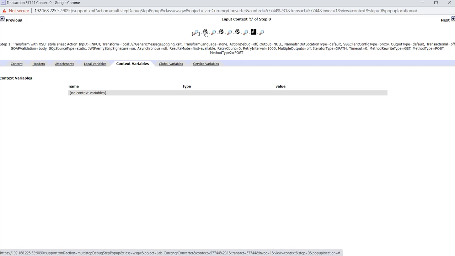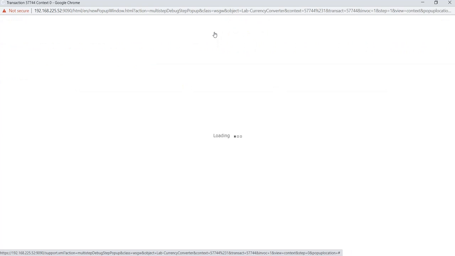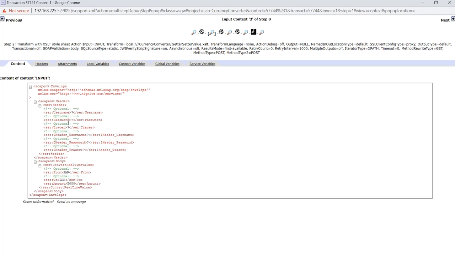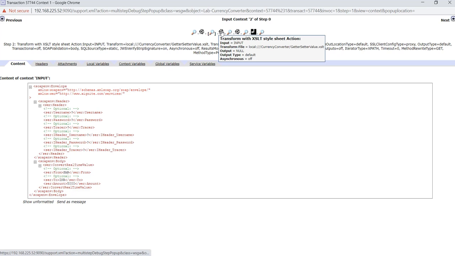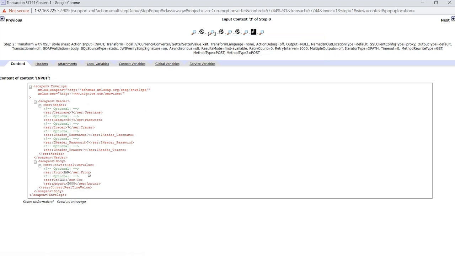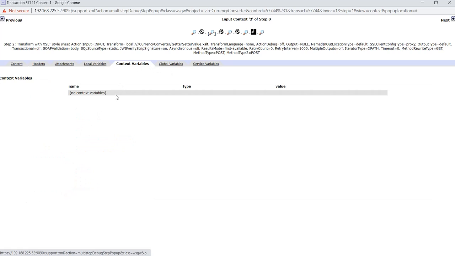Here we still get the input as the same, because we are not setting the username and the password. Input means the request message. And still you will not see any context variable, because we set the context variable in the XSLT.